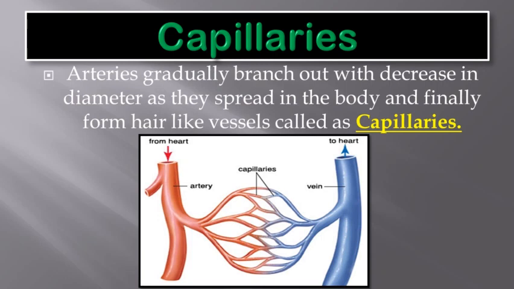The walls of the capillaries are extremely thin and made up of a single layer of cells. Due to these very thin walls, exchange of materials between the capillaries and cells becomes very easy. During the exchange, oxygen, nutrients, vitamins, hormones, etc. are sent towards the cells, and waste material like carbon dioxide and other waste of the cells moves into the blood. Capillaries unite together to form vessels of larger diameter, which are called veins, and a capillary network is present in each organ of our body.